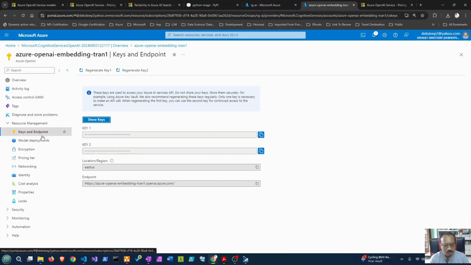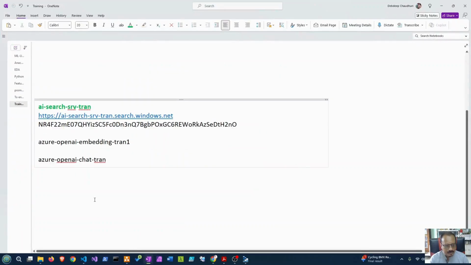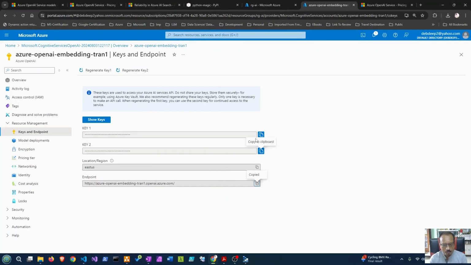You need this particular endpoint because it's a SaaS, software as a service, so obviously that's the endpoint we are going to hit. Let's make a note of it. We have created this resource, so the endpoint is this one. Now copy one of the keys. You will need this information